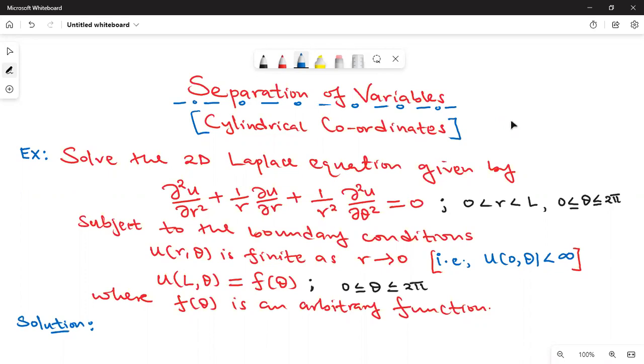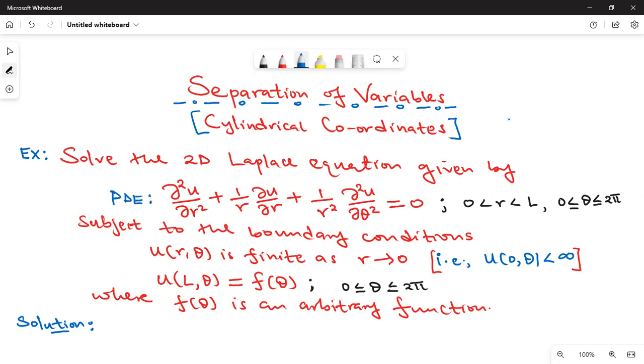Today we are going to look at the method of separation of variables as used in solving partial differential equations. In particular, the PDE that we are going to solve is in cylindrical coordinates. It is given by the second partial derivative of u with respect to r twice plus 1 over r times partial u partial r plus 1 over r squared times the second partial derivative of u with respect to theta twice is equal to 0. So this is our PDE,